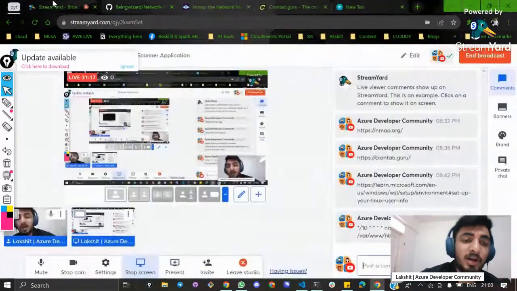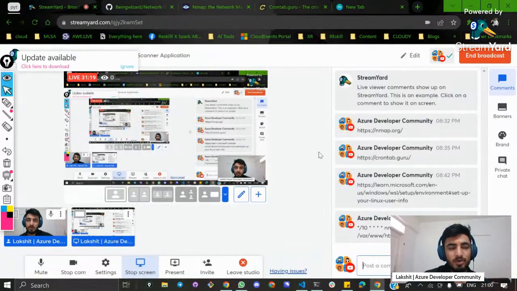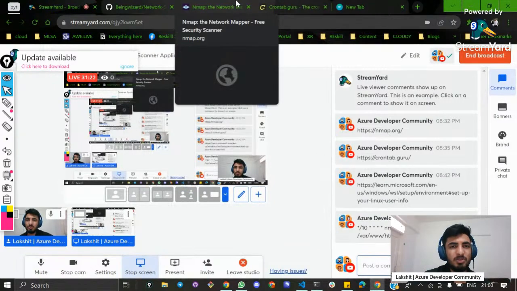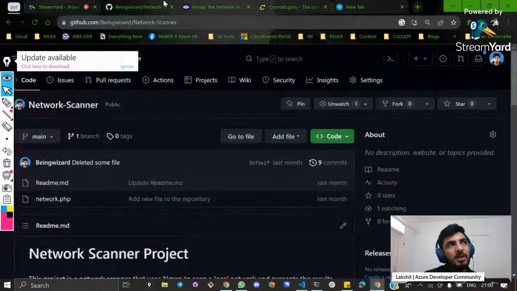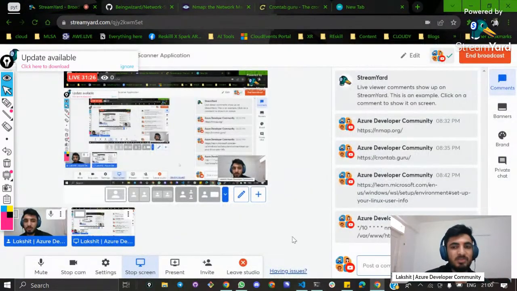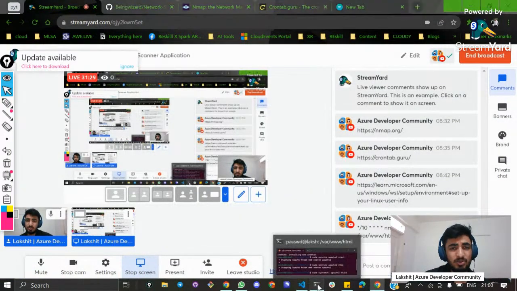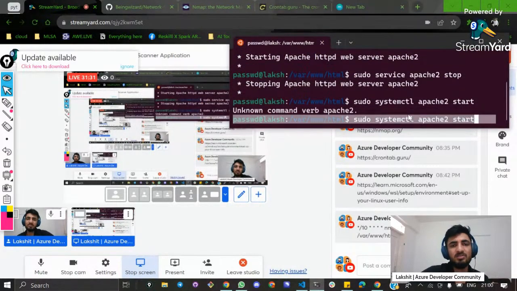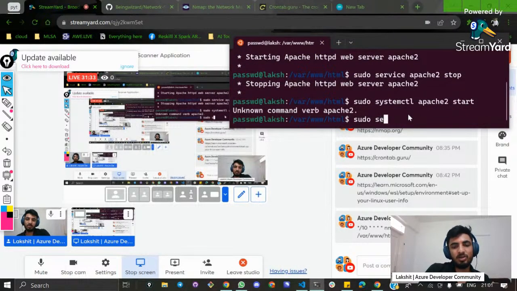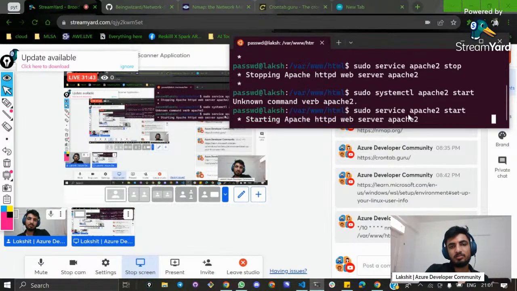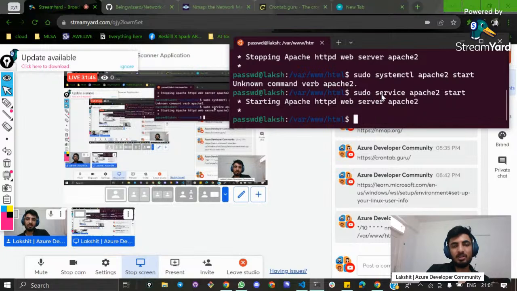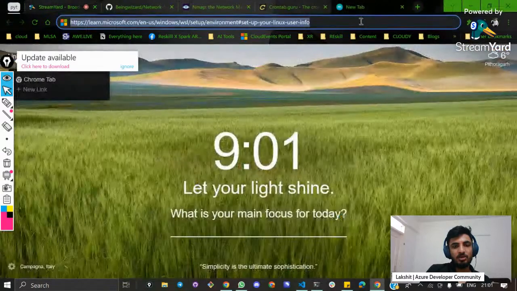For my user, I am using the Ubuntu image on WSL. That's why I'm using service instead of systemctl, right? For you, it might be systemctl. I'm using service. So, start. Now the Apache server is up and running, and my IP address, maybe,